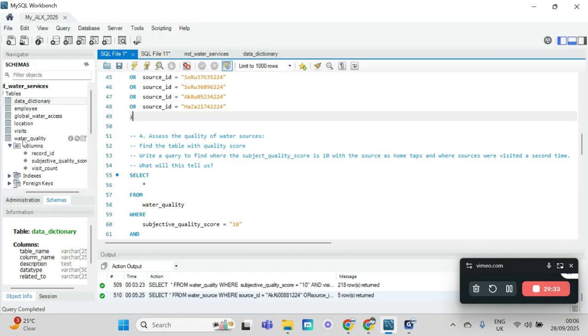there is a table here that has water quality, and in this we have columns that have record ID, and then we have subjective quality score, and then visit count. Now the actual exercise is write a query to find where the quality score is 10 with the source as home taps and where sources were visited a second time. So we have to write a query that